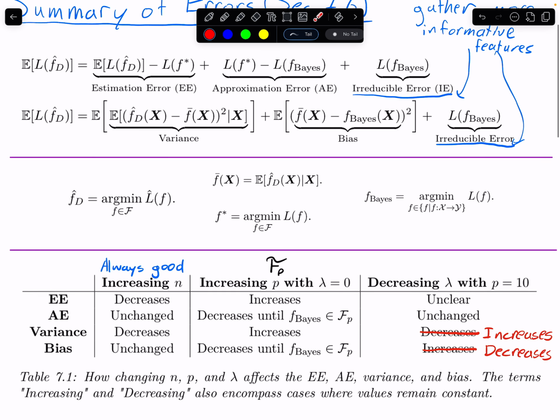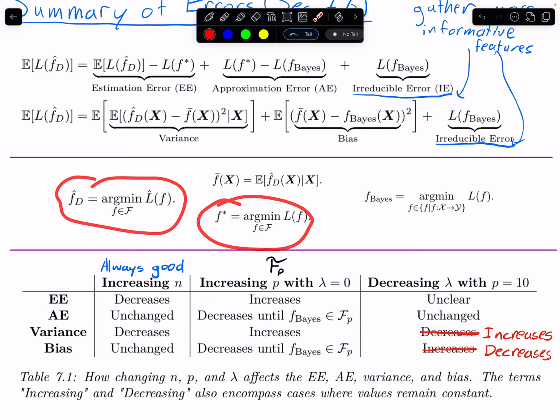Okay, so when lambda decreases, the predictor being output by the learner is going to be more complicated, right? That allows f hat to be closer to f star. You can think of that as allowing you to pick more complex functions from your function class. And so this f hat will be getting closer to f star. However, the problem will become that